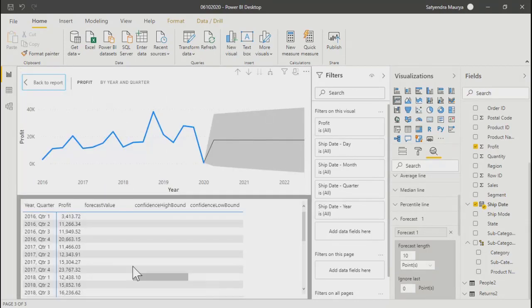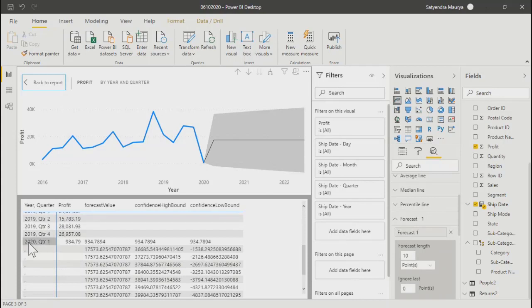So you'll see the numbers. It's profit, your actual numbers, but as you go after 2020 Q1, the actual values are gone and forecasted values have started coming. Over here is the actual forecast value, and this is your confidence higher bound and lower bound.